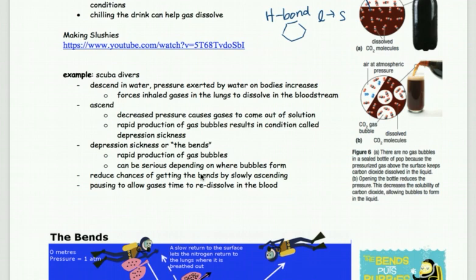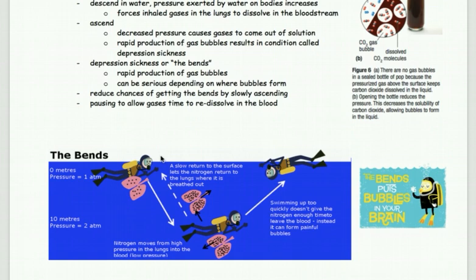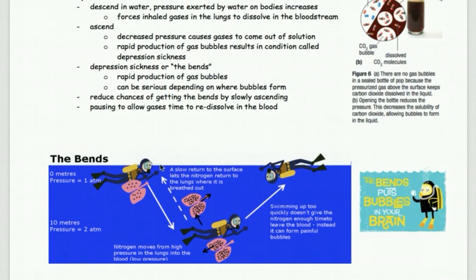So this example has to do with scuba diving. Basically, we're going to look at a scuba diver here. They're at the top of the water, so at the top, 0 meters depth, we have a certain pressure, say 1 atmosphere on the lungs. Now if you were to descend into the water, so have you ever gone in and swam,